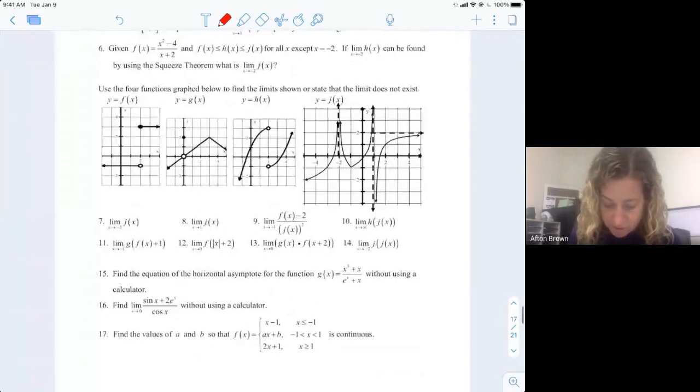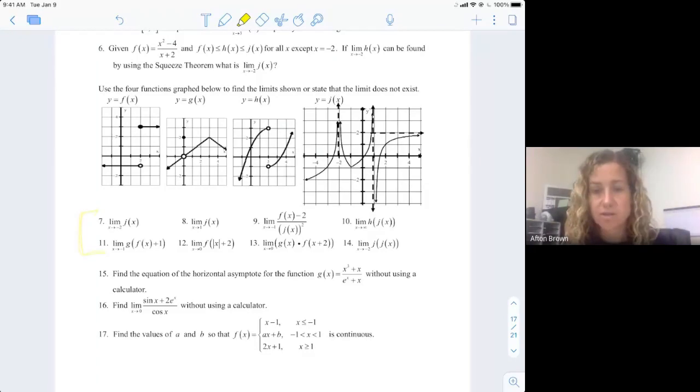Try this first set of questions, and then let's talk about our answers. So try 7 through 14. Go ahead and start your assignment. I'm going to give you about 5 minutes to do those, and then let's share answers and see if we all agree with those. Some of them will be pretty straightforward and not tricky, and then some of them will be like that last example. Okay, so I'm going to just mute this, and in 5 minutes,